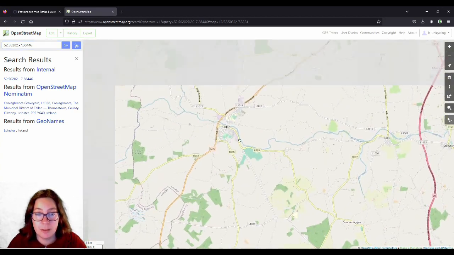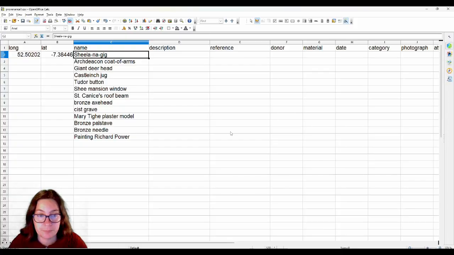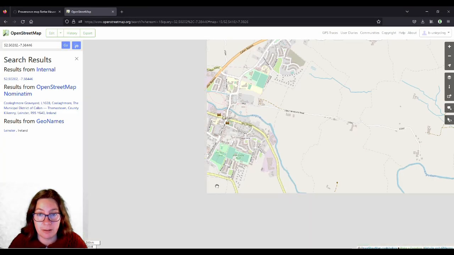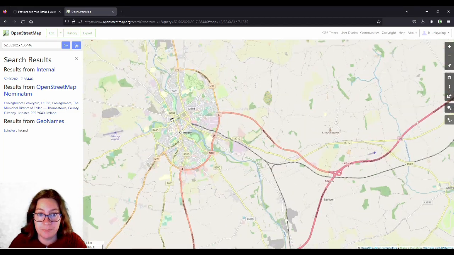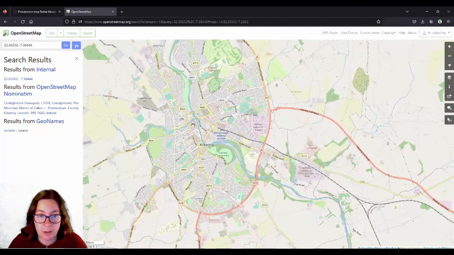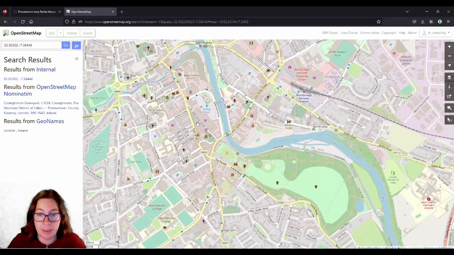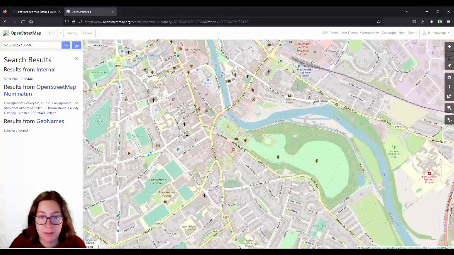And then the next one, the coat of arms. So the Archdeacon coat of arms came from one of those merchant mansions in Kilkenny. Funnily enough, not in Hightown. So Hightown was the part of Kilkenny that was settled by the Anglo-Normans, and they started settling in this area here.